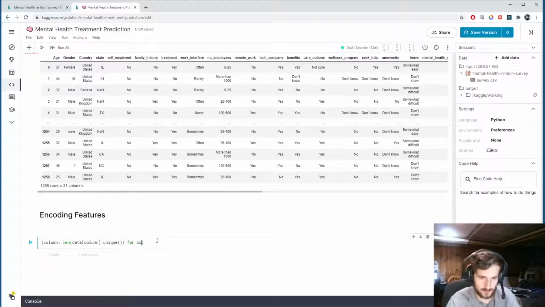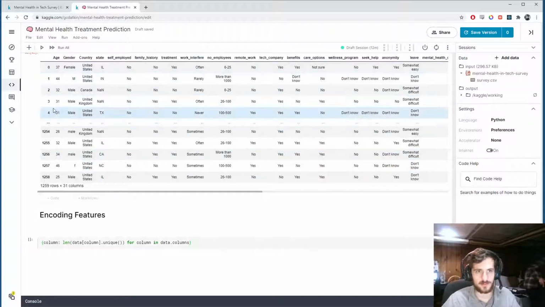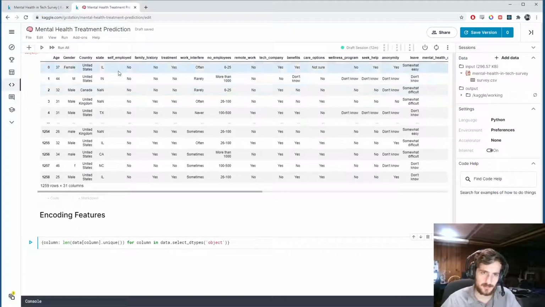And that's going to be for every column in not data.columns directly, because that would give us the numerical columns as well. But if we do data.select_dtypes, and then specify a type, which will be object, which will correspond to string, and then get the columns of that,